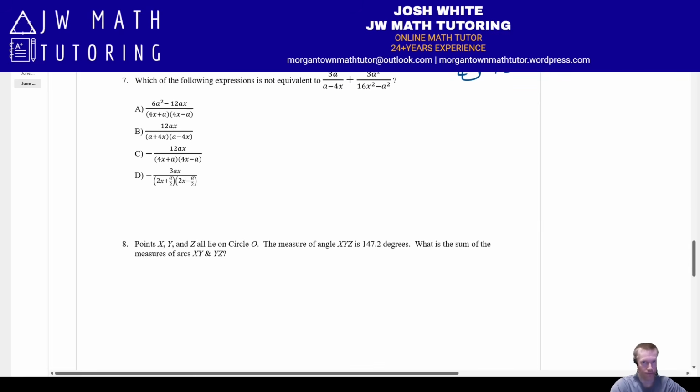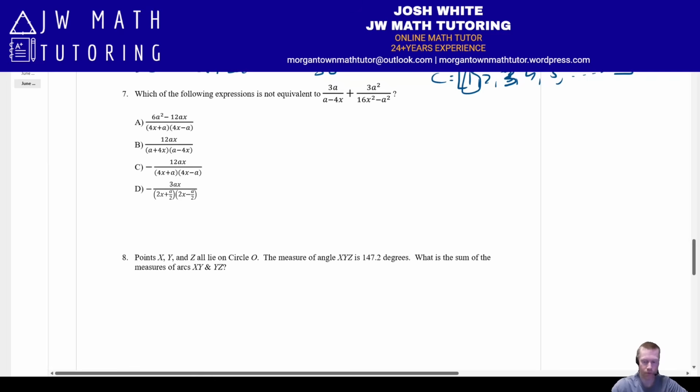So this problem is a little bit different in that you were given two rational expressions that are being added, and now it says which of the following is not equivalent to this. So in other words, 3 of these answer choices are the same as this, and 1 is different. Okay, this one I would most likely just do in Desmos, but I'll show you if you're going to do this by hand how you get the 3 different equivalent answer choices. You notice that